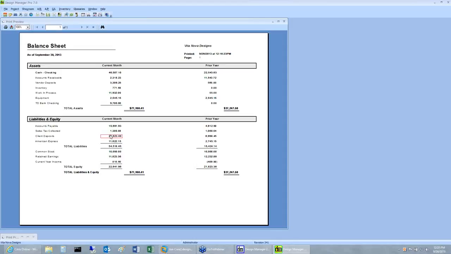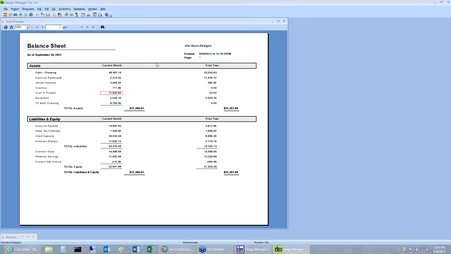So I'd be invoicing the sofa for $6,000. It would say less deposit $3,000, and the balance due from the client would be $3,000, if we're just talking about the sofa. So basically, that will relieve my client deposits, and it will relieve my work in process, which is what the sofa cost me to buy, and everything at that time. At the time the client invoice is done, all those things,